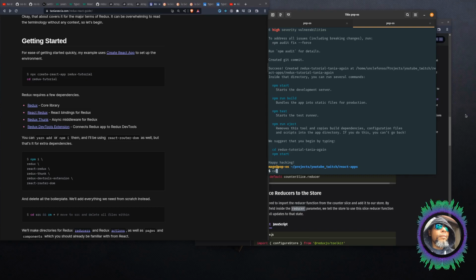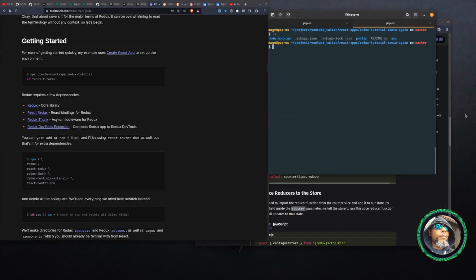Alright. So now let's see the Redux tutorial again. See all of our things. Great. So package lock. Wait, that ran node modules? I wanted to do yarn, but whatever. Well, you can. So let's just follow this exactly. I don't want to do npm, but